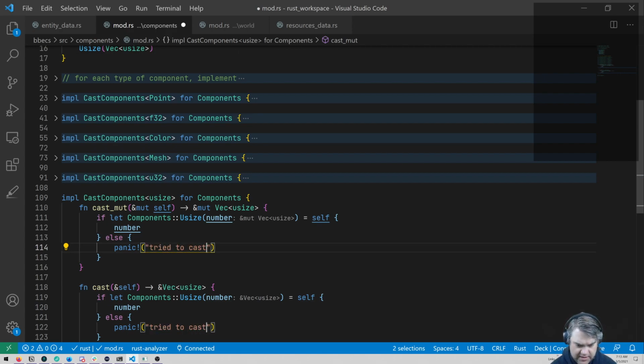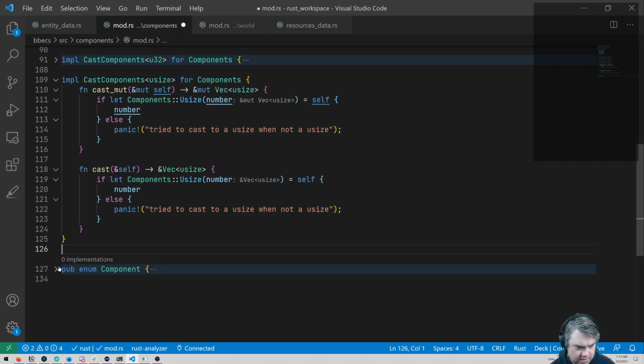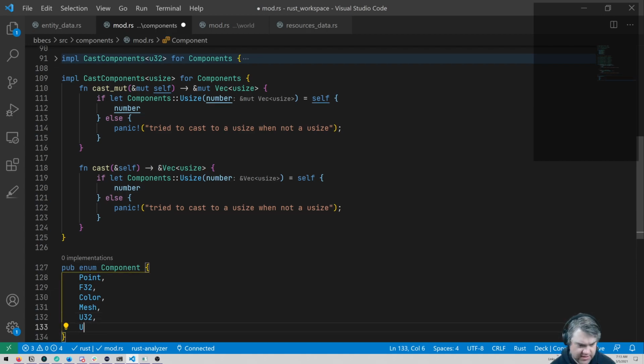Try to cast to a usize when not a usize. Then add usize in down here.